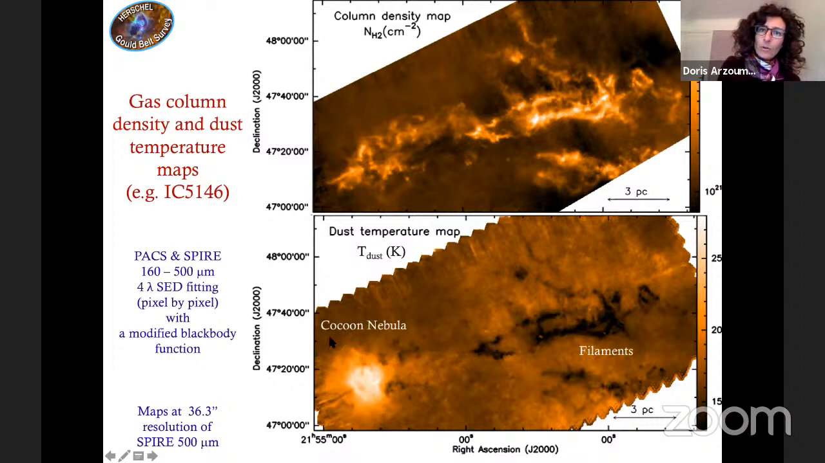Here we have this Cocoon Nebula, actually, which is a region where there is already star formation going on. So there are already some stars there, or a cluster of stars. And then the star is heating up the medium in the surrounding. And so that's why we see the dust towards the Cocoon Nebula as a warmer region. While in the filaments, there is no star formation. And so actually the